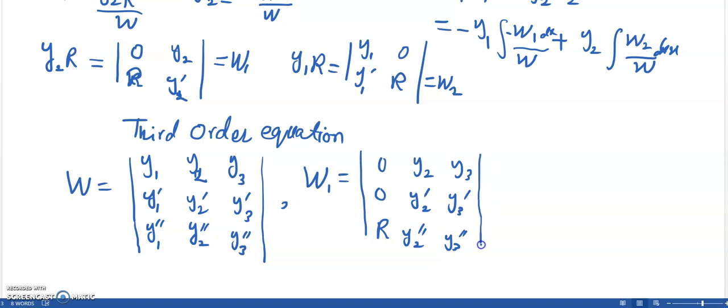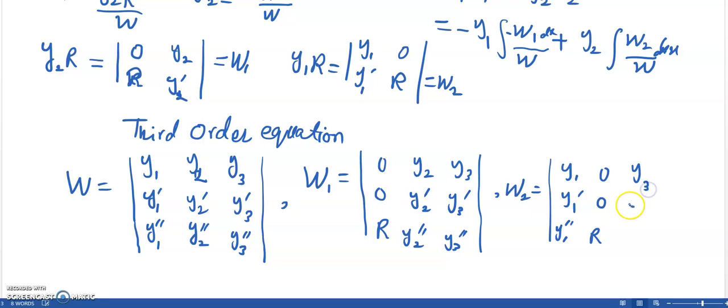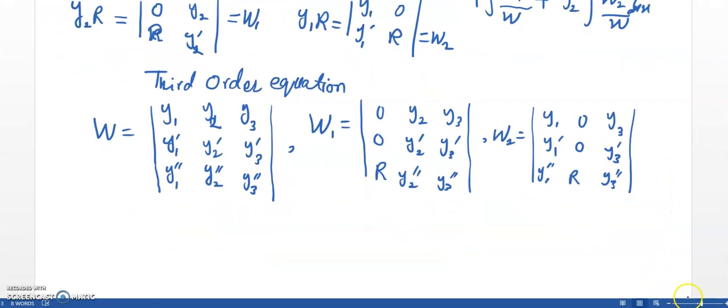Okay, and similarly then W2 will be equal to y1, y1 prime, y1 double prime, and then the second column will be replaced by 0, 0 and R, and y3, y3 prime, y3 double prime, and the last Wronskian W3